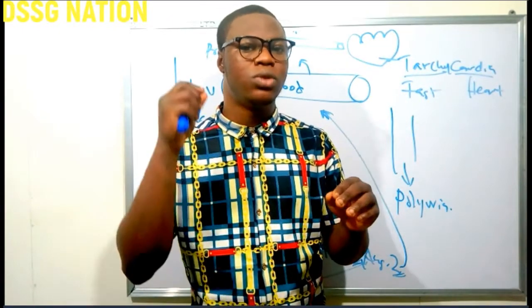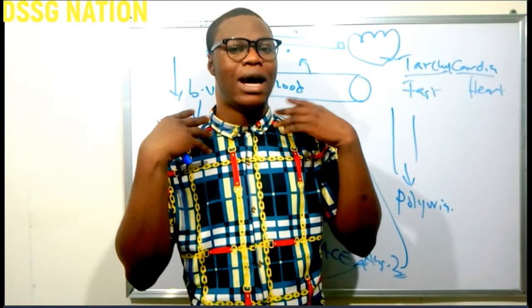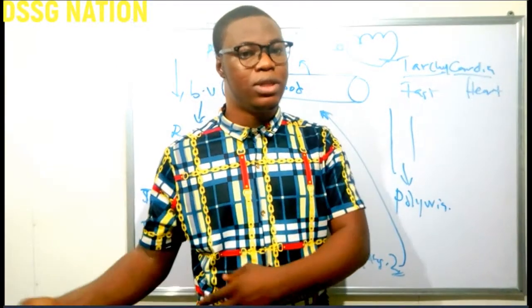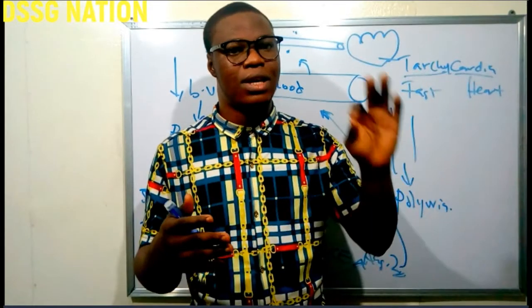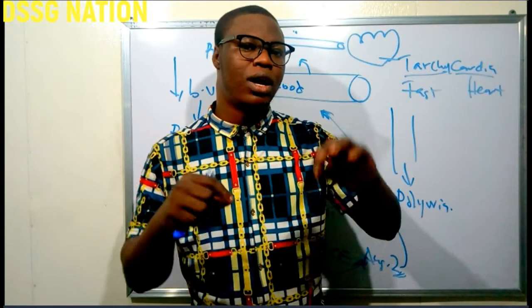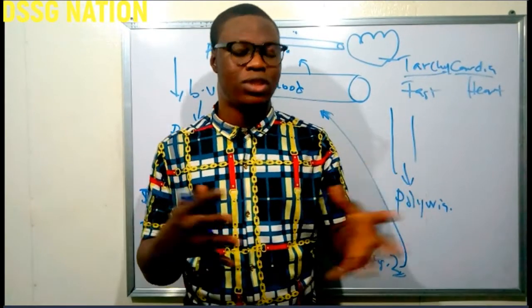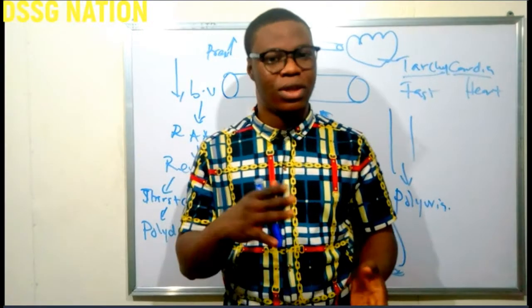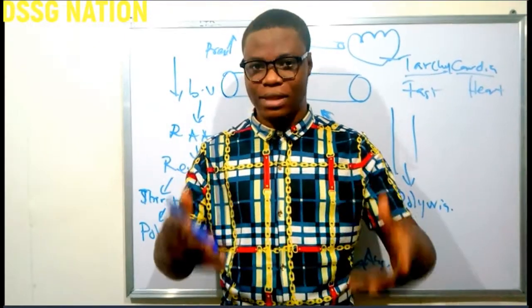So renin is going to trigger the thirst center of the brain to stimulate it, and the person will be taking in more water, and that will lead to a sign and symptom called polydipsia. And after that, we said what will happen next is that renin can also act on an enzyme produced by the liver called angiotensinogen, and it is going to turn it into angiotensin 1. And when it turns it into angiotensin 1, angiotensin converting enzyme from the lungs is going to convert angiotensin 1